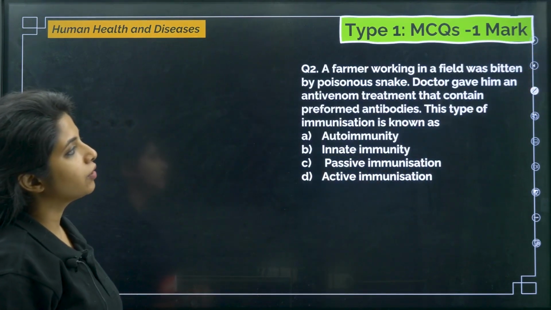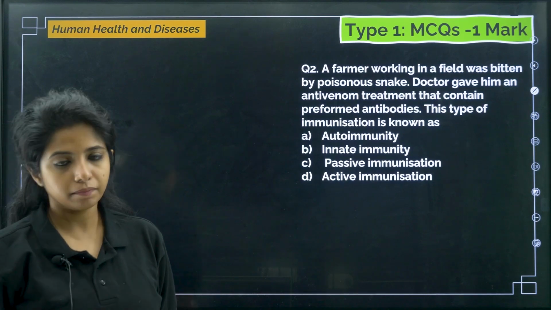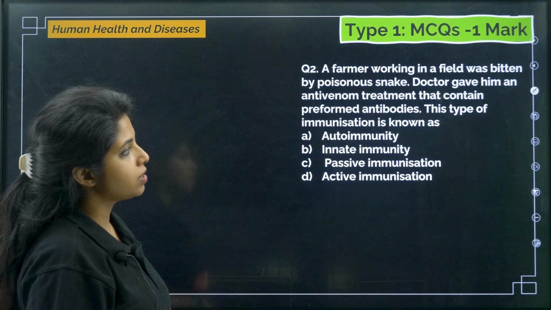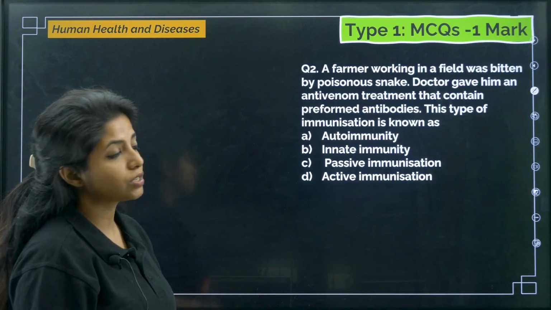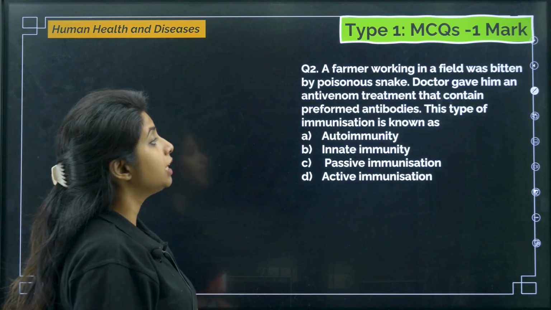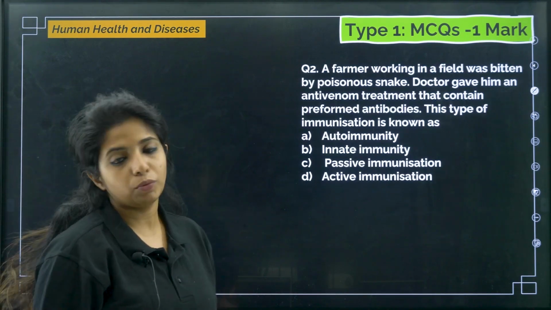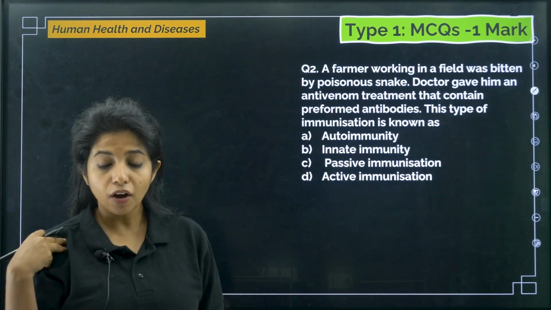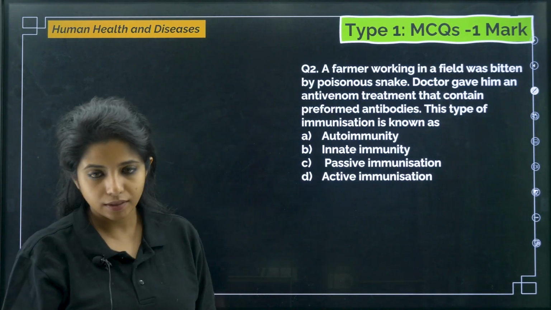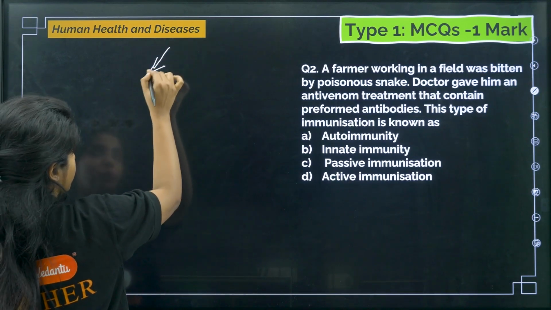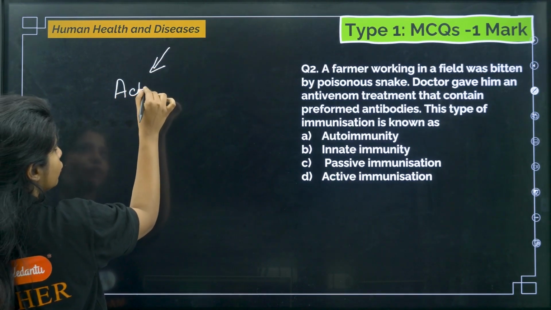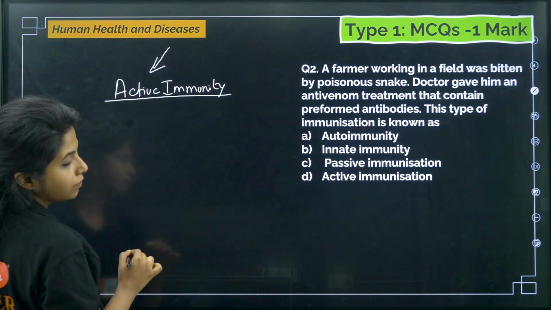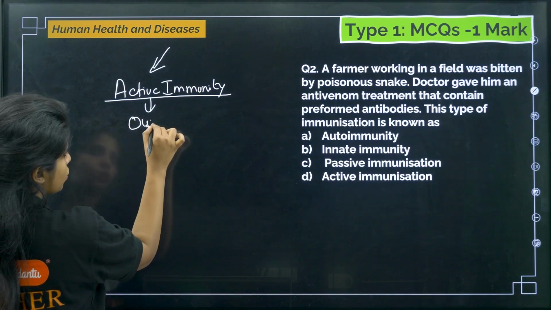Going ahead with the next question that we have. A farmer working in a field was bitten by a poisonous snake. Okay, imagine. Now, the doctor gave him an anti-venom treatment that contains preformed antibodies. This type of immunization is known as: autoimmunity, innate immunity, passive immunity, active immunization. Basically, children, when our body is producing antibodies, at this point of time you say that this is active immunity. Our body is actively safeguarding us. So our body is doing the job,